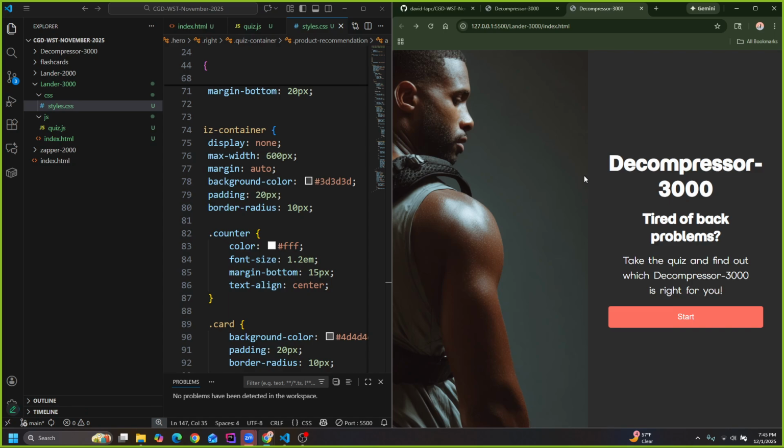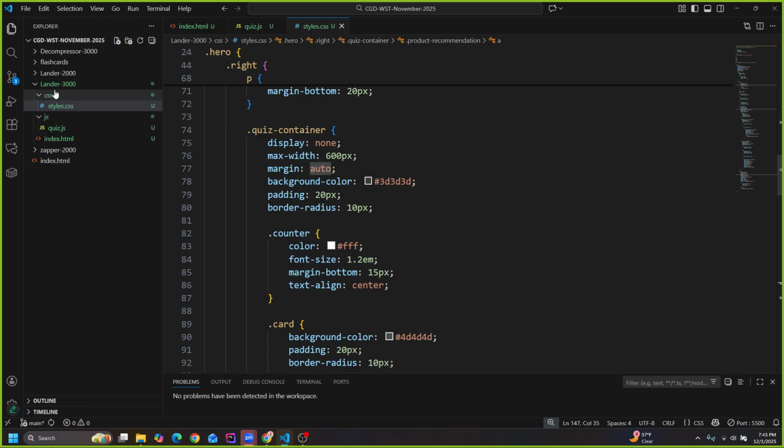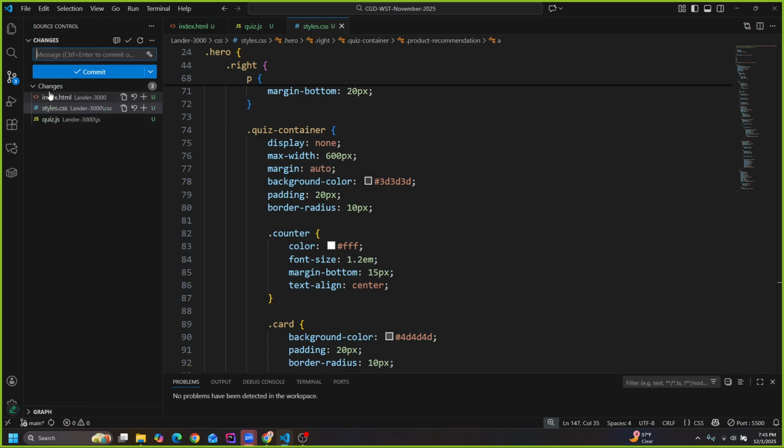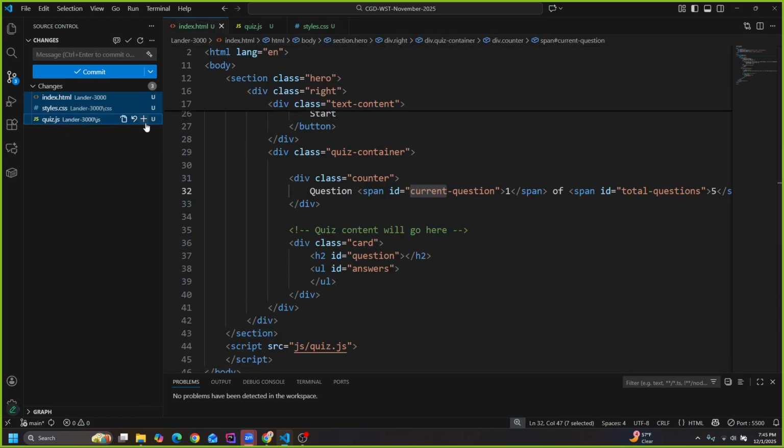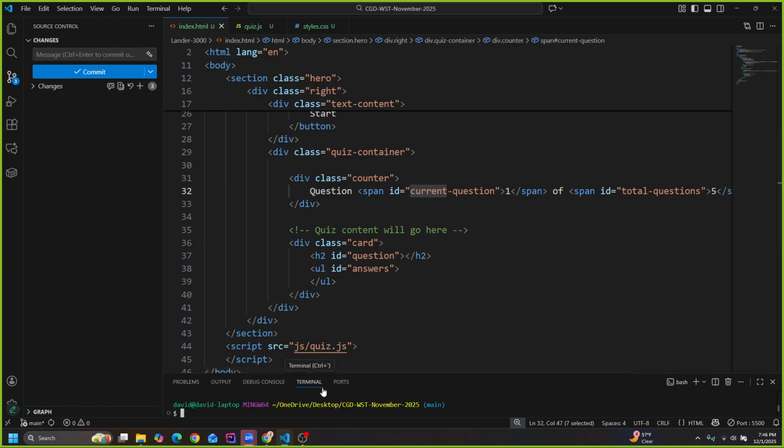Some of you already submitted stuff. I'll take a look in a few minutes. But I'm gonna share this file with you. I'm gonna update it. Actually, let's do that right now. So we made a bunch of changes. We're gonna make sure we track all those changes with the plus sign here, stage changes. So all the changes that I have, just click the plus sign, stage all changes, which is the same as